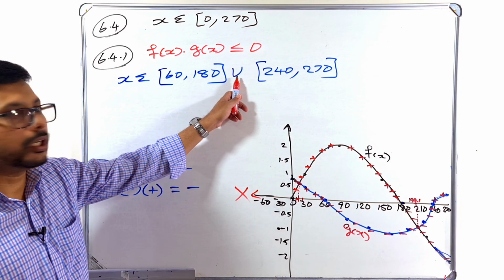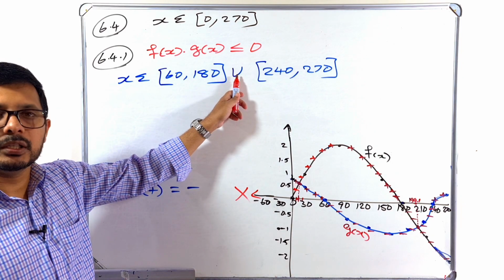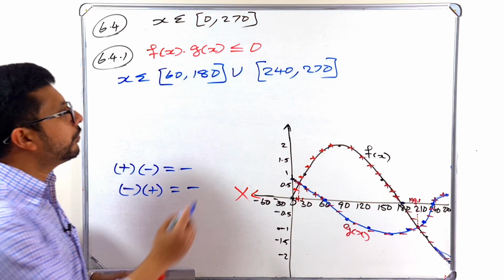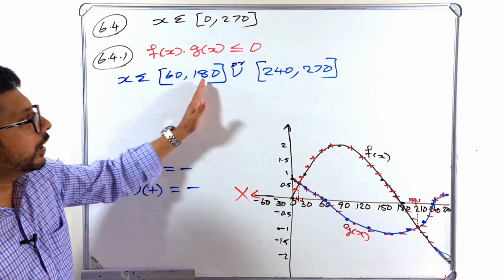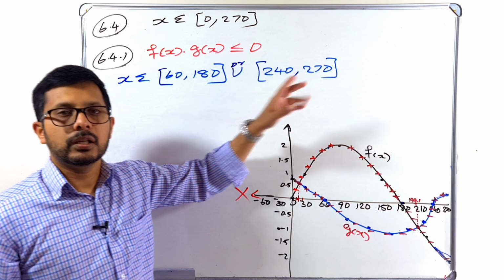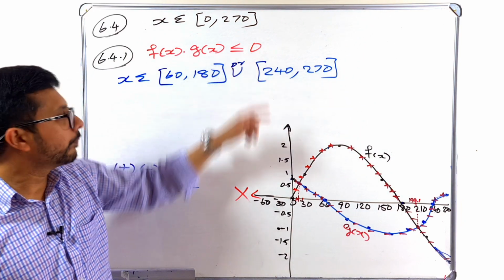So what is this union? It's just saying that, as you studied in probability, union means combination, combine, or all. Or if you write "or", no problem. Okay. So 60 to 180 and 240 to 270, if you multiply the graphs, then the answer is negative. Okay. Now